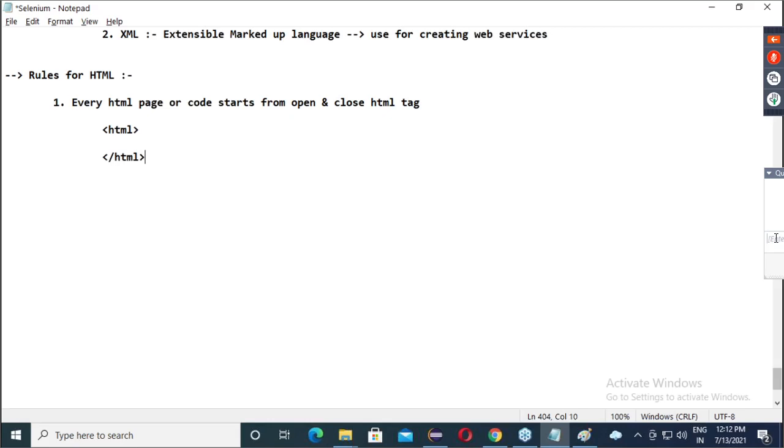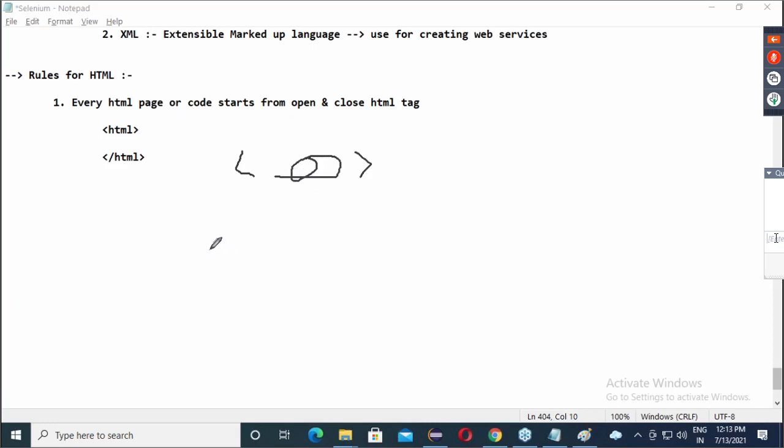Now observe this, guys. Whatever things are available in the open angular braces, after the angular brace you will have the first word, whether it is HTML, input, body, whatever it is. We will see this in future.